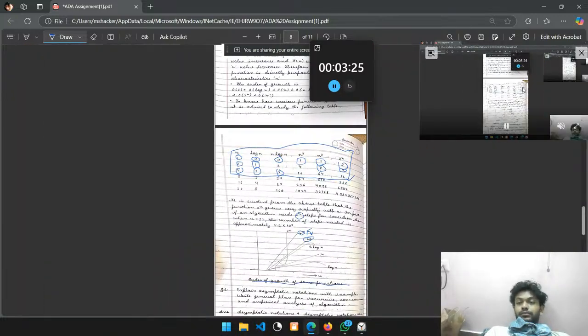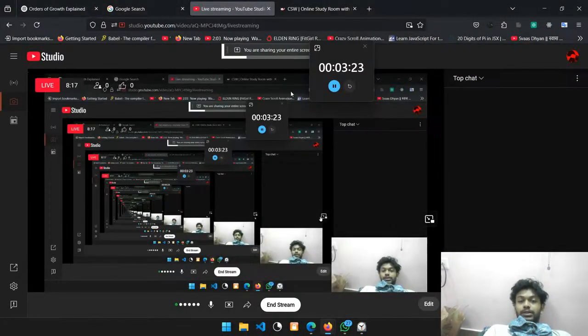So now what I would like to say on this, let me just end it. Okay, what I understand from order of growth is how the graph grows, how the time complexity behaves or grows with the growing value of n. For example,